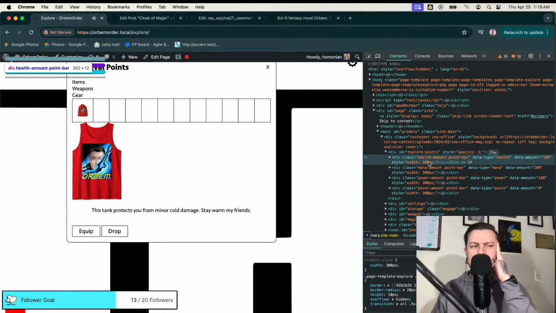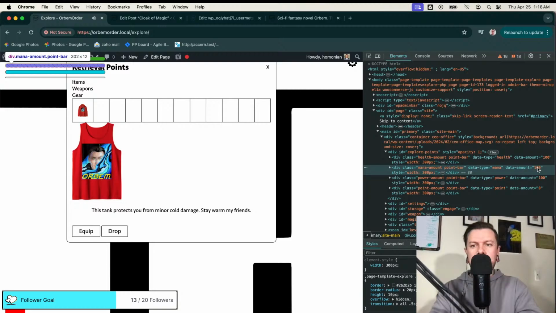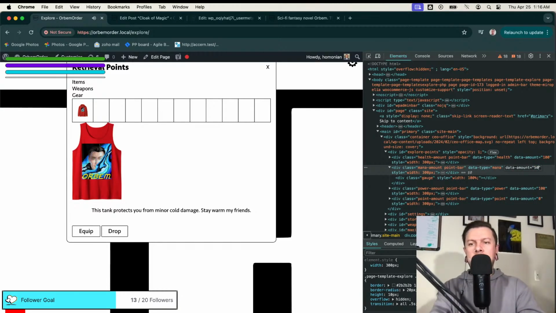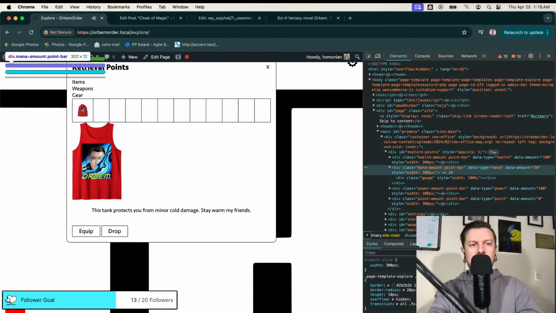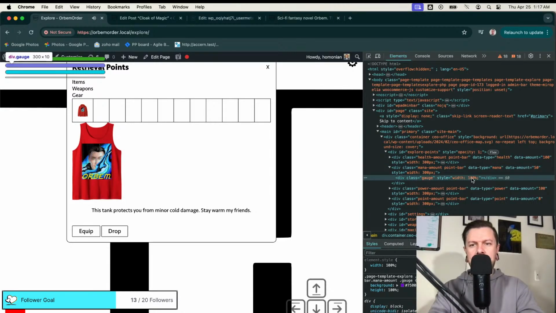So I use data amount as a percentage to determine the width of the color, right? So like if you change this to 50, it'll be, wait, oh well, it also changes the gauge when you do that.